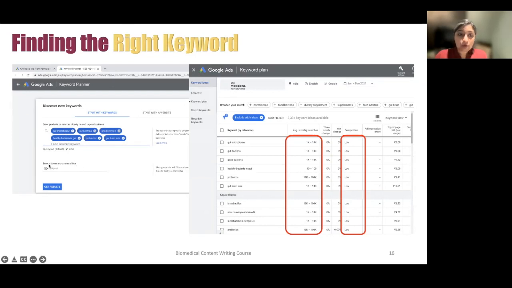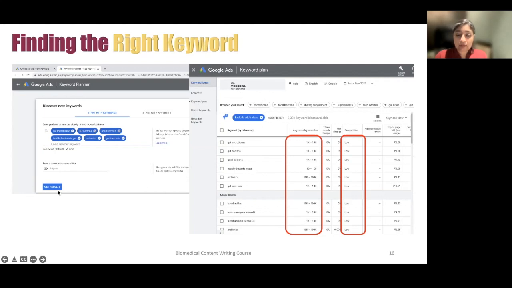Google Keywords also gives you an option to enter a domain to use as a filter, which means that if you found a really good article on gut microbiome and that's your competition, and you want to know what kind of keywords they have used, you can enter that URL detail over here, and Google will take that into consideration and throw up keywords that they have used as well. So now we look at